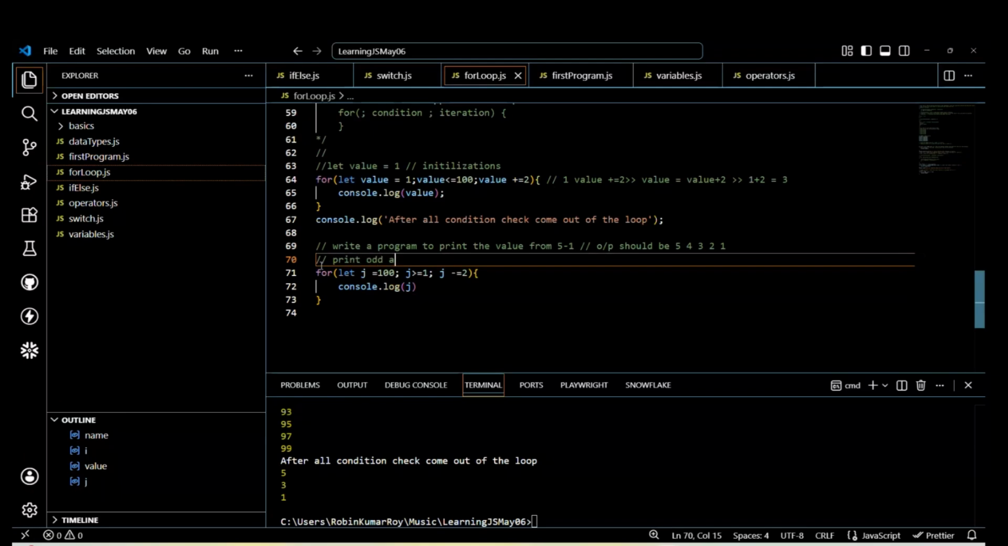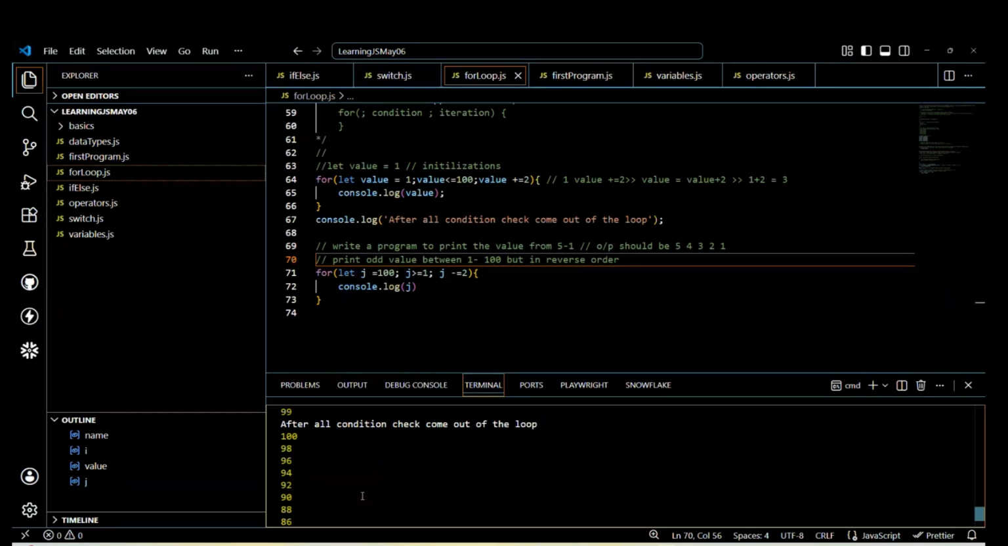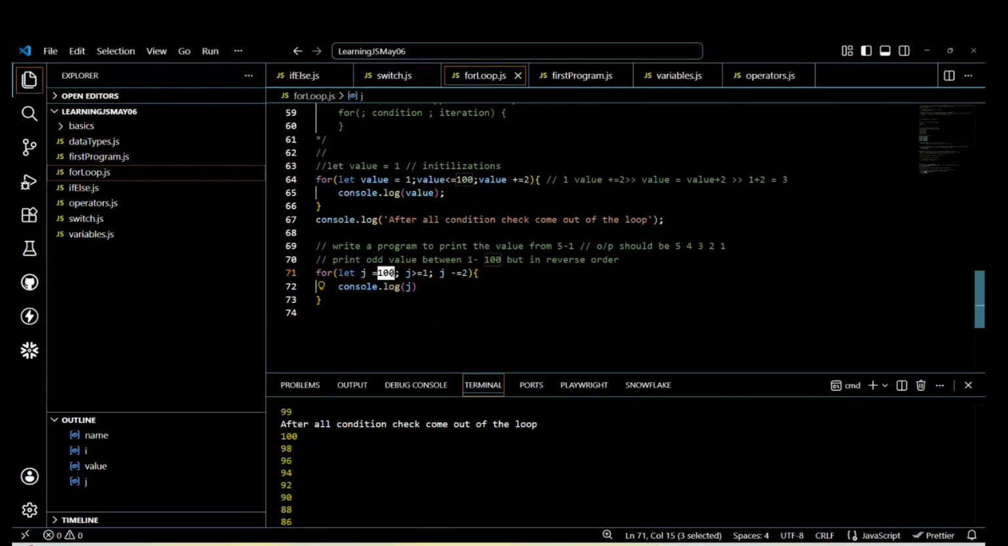Print odd values between 1 to 100, but in reverse order. These are the questions they'll directly ask you in the interview. So here what happened, it is printing all the even values. Okay, so if I take it 99,